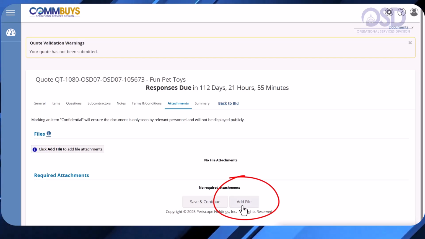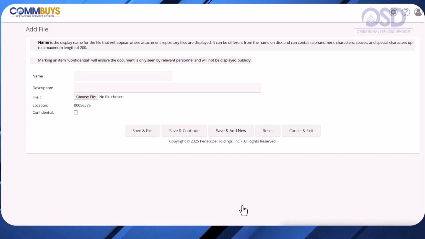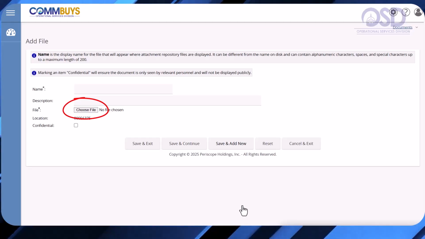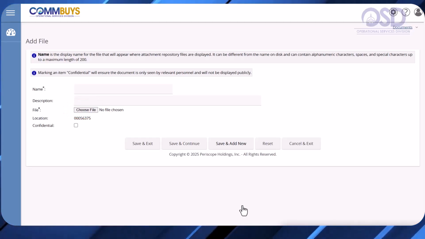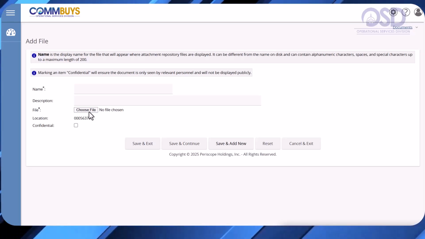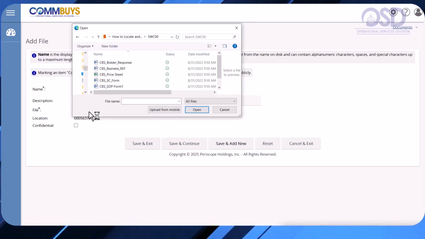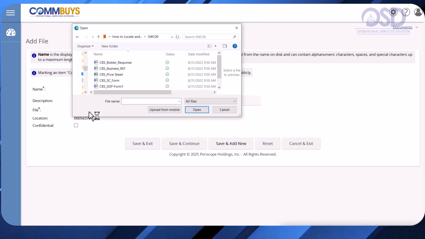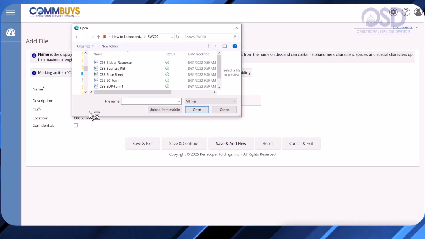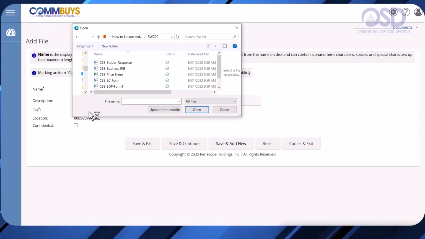Next to the File field, some browsers display a Browse button rather than Choose File. Either way, click the button. A file selection box opens. Click the folder where you have stored your completed quote documents. Highlight a file and then either double-click or click the Open button.